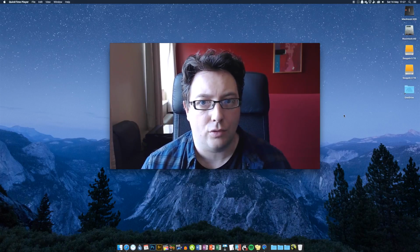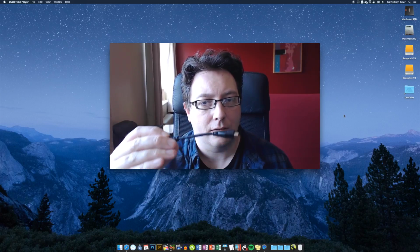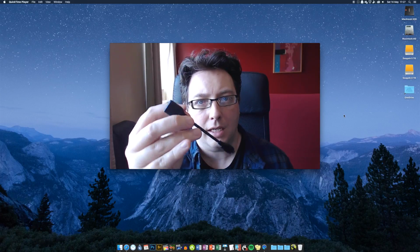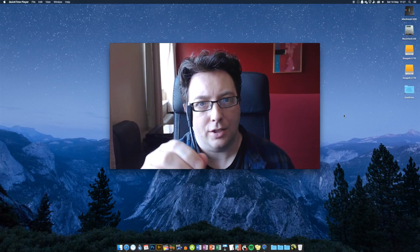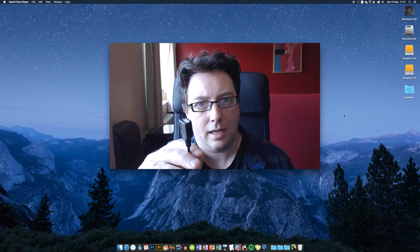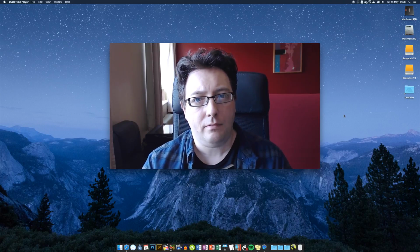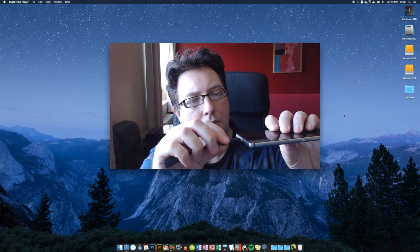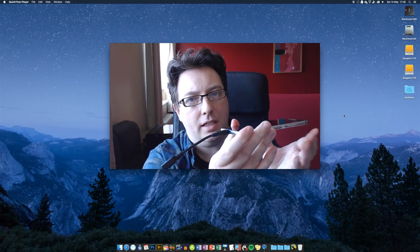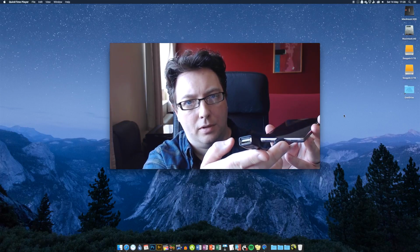Now, if you've got an Android device, then you need one of these. Okay, now this is called a USB OTG, stands for on the go cable, and it's just a micro USB on one end and a regular USB port on the other end. And I've got an Android phone here. You just plug it in to the bottom of your Android device or wherever your USB port is, and look at that, you now have a full-size USB port, and